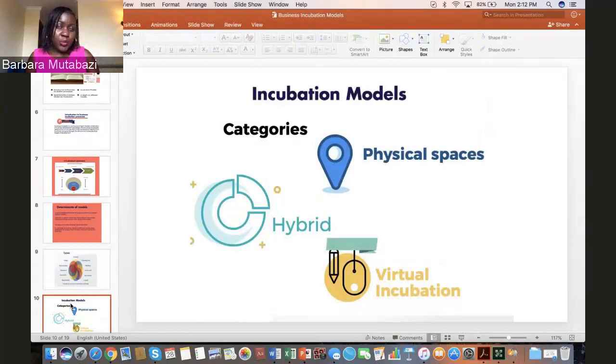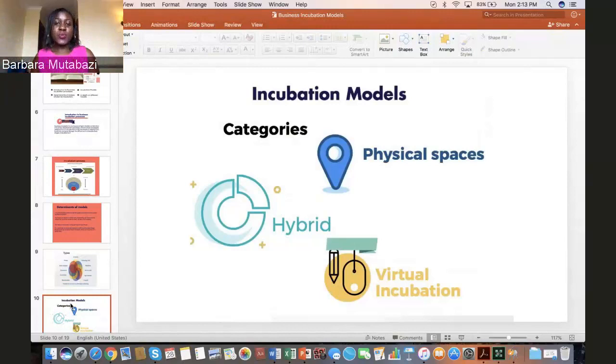And then there's virtual incubation. You will notice that most hubs in Africa are focused within the capital cities or the big cities, and not so many are in the rural or peri-urban areas. So the model of virtual incubation comes in to support people who would not be able to physically come to your service. Virtual is online services offered. You're basically offering everything else that you offer in your physical space, it's just that they're not going to be within your physical space.